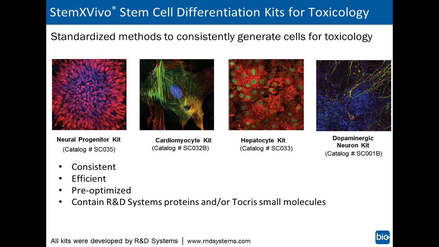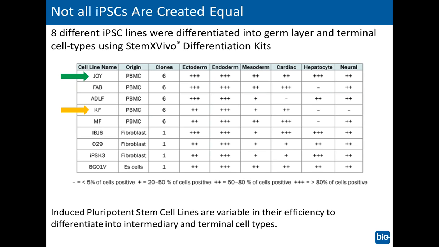And in working with these stem cells in the lab here and developing these kits, as well as other things, the research scientists in the stem cell team have realized that really not all iPSCs are created equal. In this experiment, the team took 8 different iPSC lines that were created in-house and assessed their ability to differentiate into the 3 germ layers, ectoderm, mesoderm, and endoderm, as well as a couple different terminally differentiated cell types. And we can see